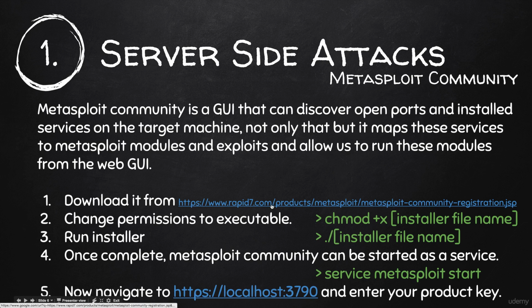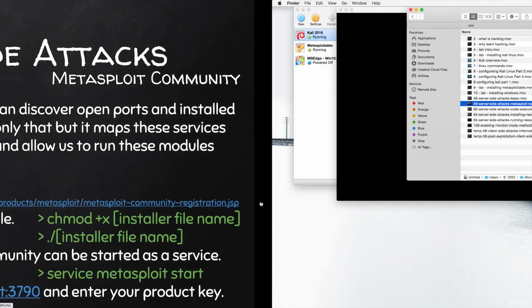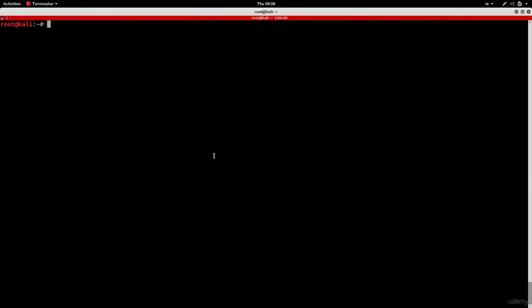The tool is not included in Kali Linux, so you'll need to download it from the following link. You'll also need to put in your email address, because you'll need the product activation key, which they'll send to the email that you put when you download. Now, once you download this, I have it now in my downloads. So I'm going to navigate to my downloads using the cd command to change the directory. Now, if I do ls to list the current files, you'll see that I have the installer downloaded here, Metasploit